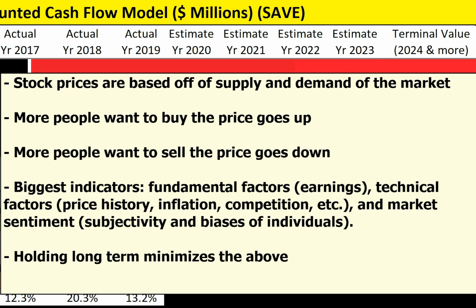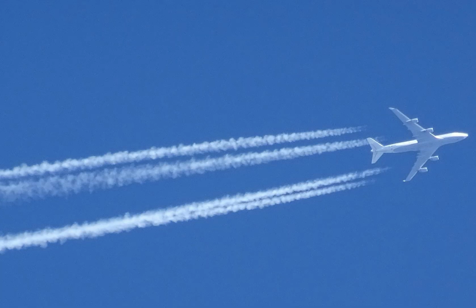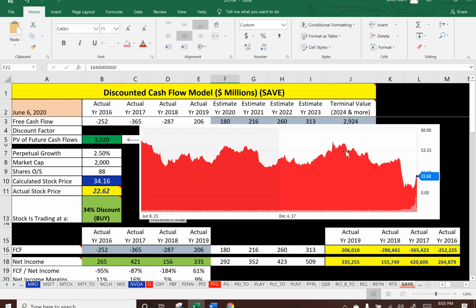The technical factors, which are more external, like inflation and competition, and the market sentiment, which is how people perceive the business. So they might perceive Spirit as a struggling business because it's an airline, and everybody perceives airlines as having a weak business model. And you can tell this is true from their stock price. You can see how it's been dropping and hasn't really come up too far. It's only at 23, so it's really less than half of what it was just 3 to 6 months ago, or even a third of what it was 6 months ago or 9 months ago. So it's dropped a lot.